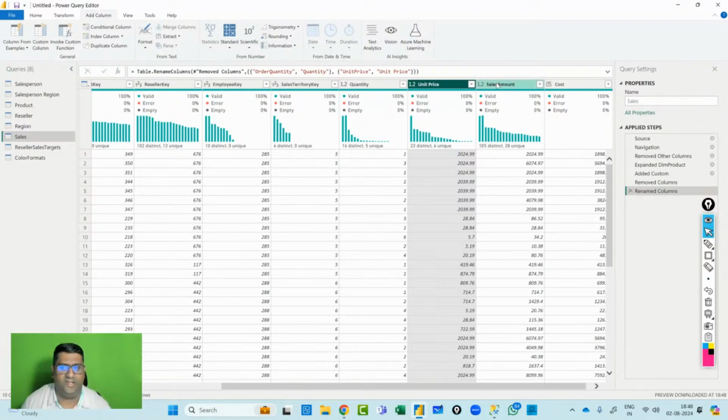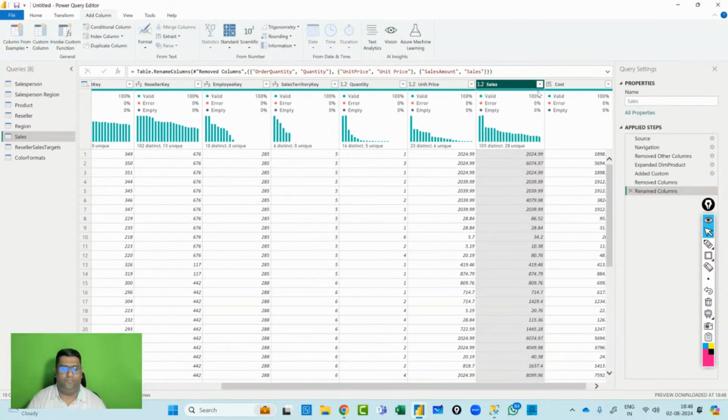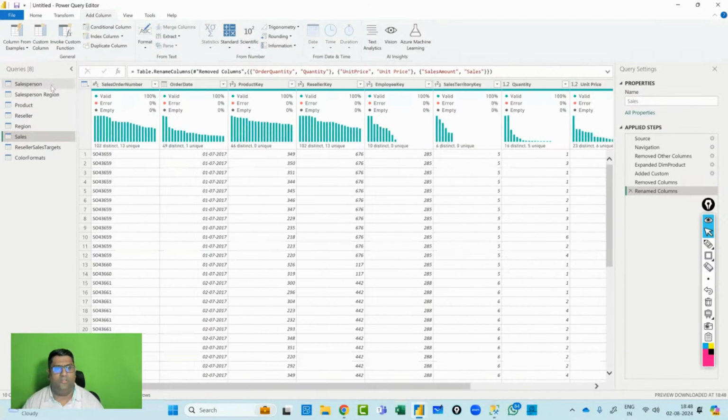Next is the sales amount. So this I'm going to rename just to sales. Okay, so we fixed this as well. Now we need to modify the data types in the data. So the first thing that we look at is when you look at a particular column and we click on this button here for the